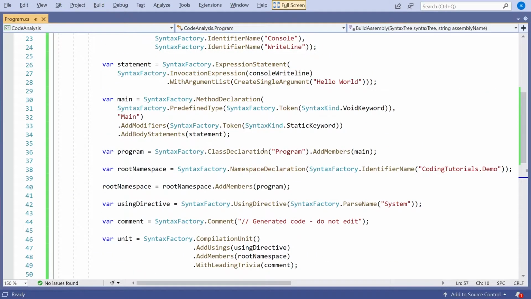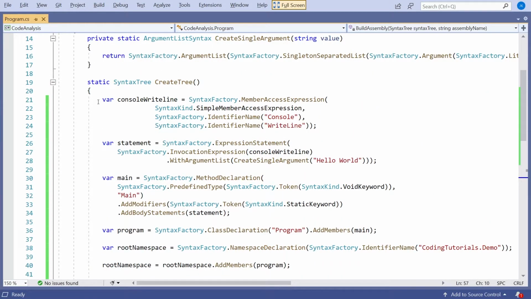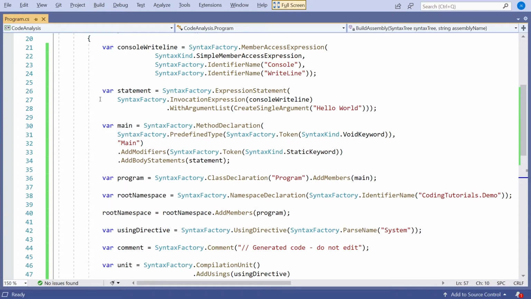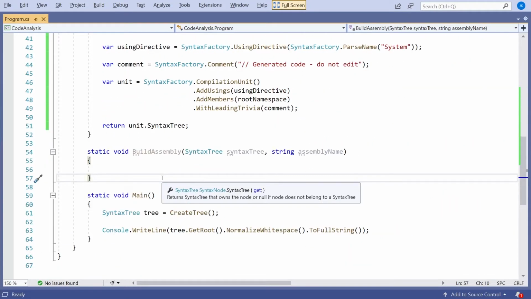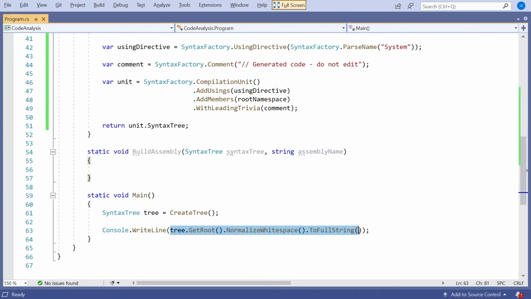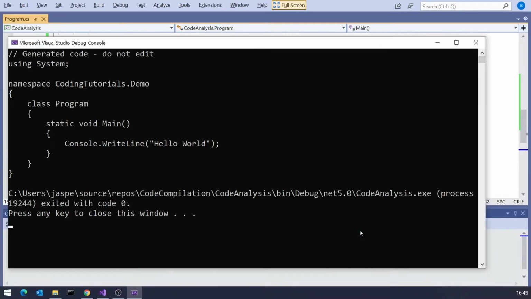We had here this really rather complicated bit of code that puts together our structure to create, in this case, a Hello World program. And then that gave us back this syntax tree. And then we simply used this bit of code here to write out that as C# in a structured way. So if we run that up, we can see that is the code that was being put together. And what we'd like to do now is take that and actually compile it down to intermediate language.